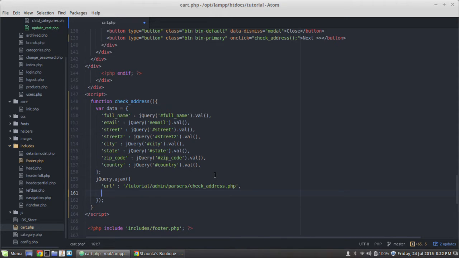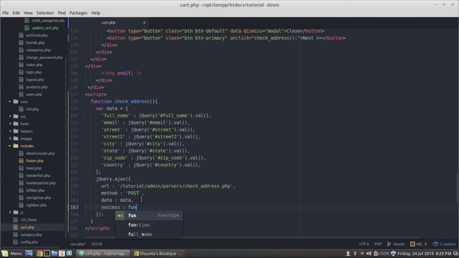The next thing that we're going to need is our method, and we'll say post, and we need our data. Say data, and by the way, just realize these are not supposed to be strings. Okay, there we go. So after data, we've got success,